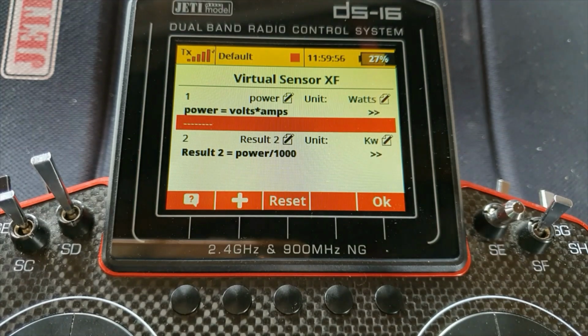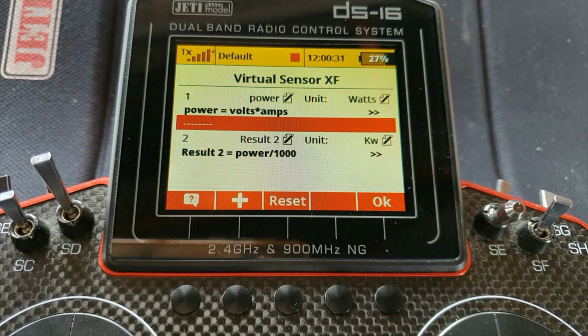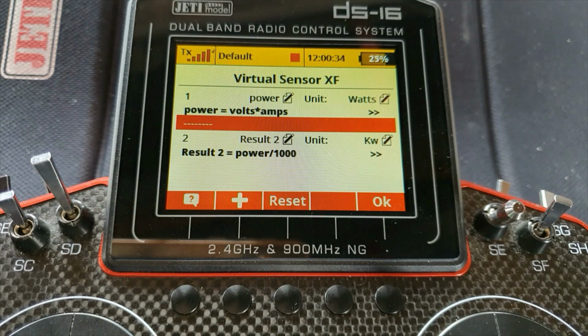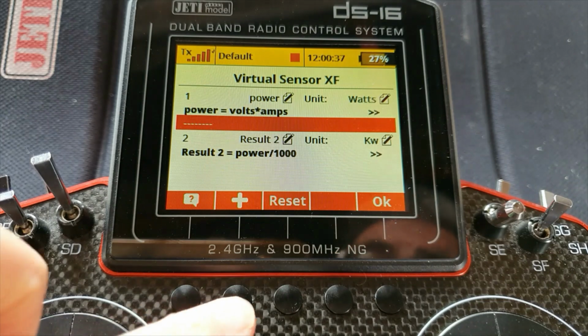Now you might be thinking, well, can't we do this within Jeti's built-in stuff, such as telemetry controls? But there are two things that Jeti will not allow LUA to access, and that is telemetry controls and the voice output. Both of those will work only with actual telemetry sensor values. So even though this LUA is working on telemetry values, its output is not a telemetry value as such, and therefore any testing that you might normally do in telemetry control, we do within the app. So let's create another line,